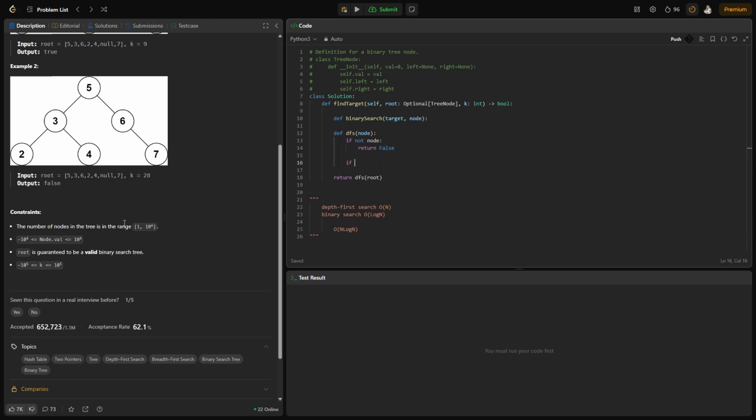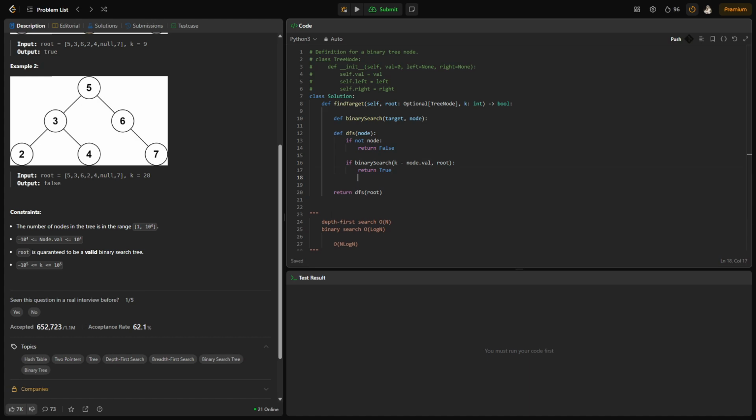We would check now if the binary search of k minus node of value, and the binary search should start from the root actually, and if this is the case, we return true. That would mean we found a solution,